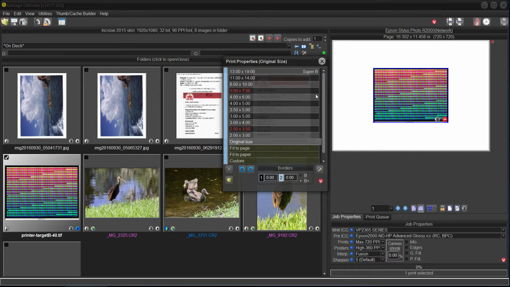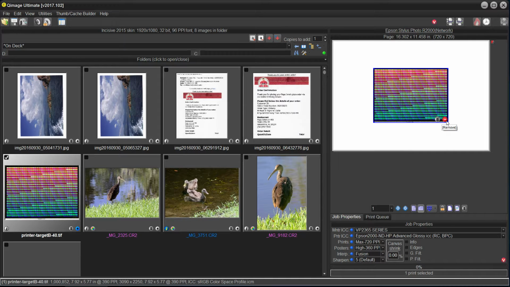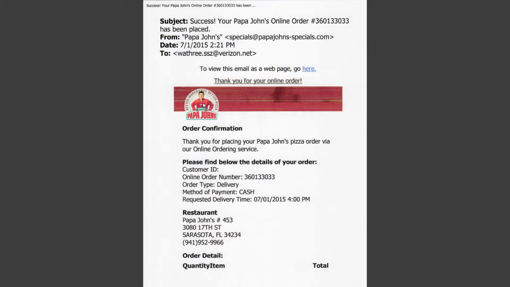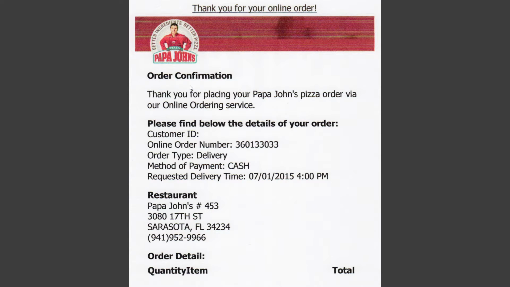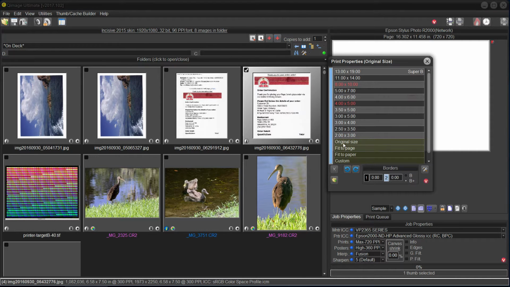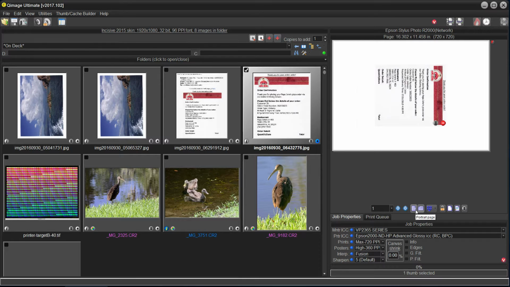Okay, let's move on to another example. I'm going to clear this out. And let's take this email print. I printed out an email. This is the original, okay, like that. And I cropped this part, okay. I cropped it on the scanner glass, okay. So we're going to take that, and if I wanted to keep that size, I would say, give me my original size, okay. There we are. Flip the page over so it's easier.